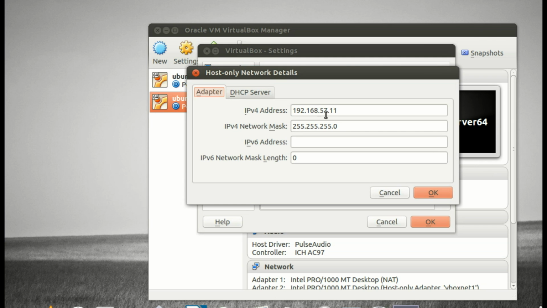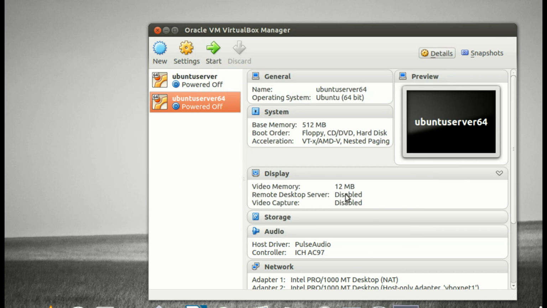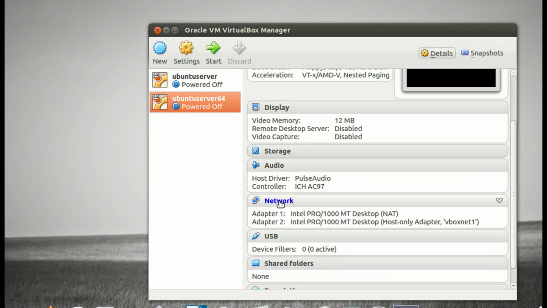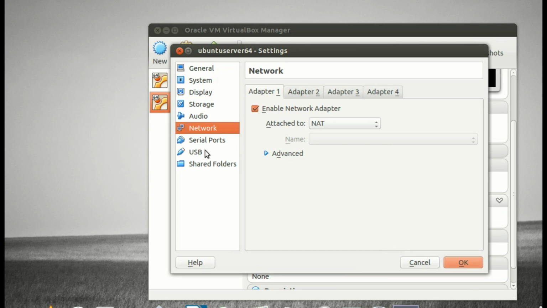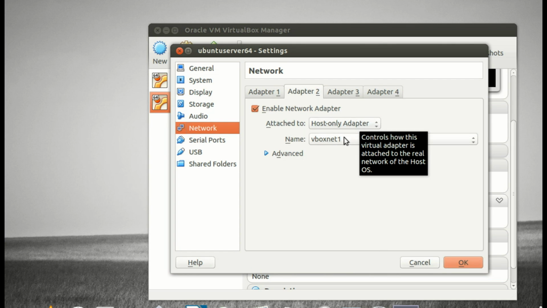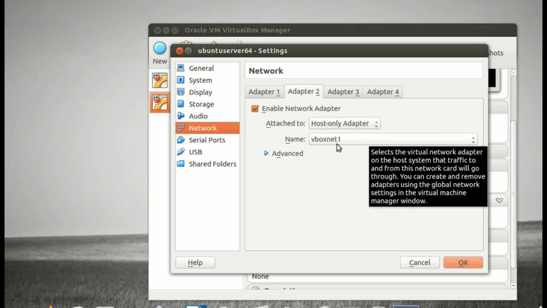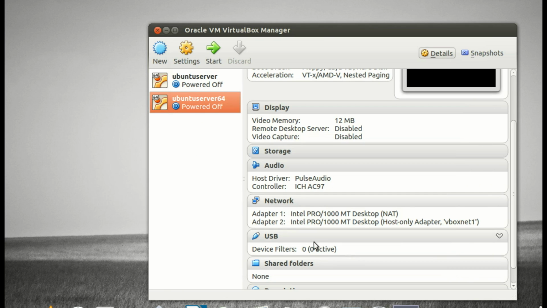Go to the settings and provide an IP address to this network adapter. Now after providing the virtual IP, go to the network and come to adapter 2. Select enable network adapter second. Select host only adapter and provide the VBoxNet1 that we created recently. Now start this machine. Before starting this machine, go to the terminal